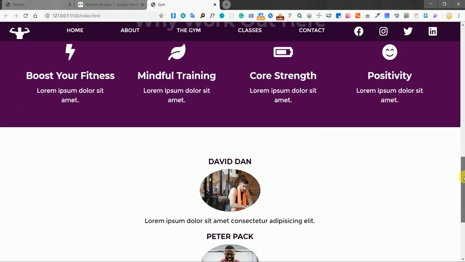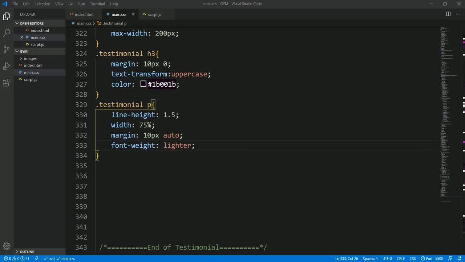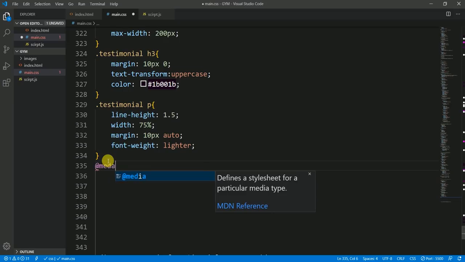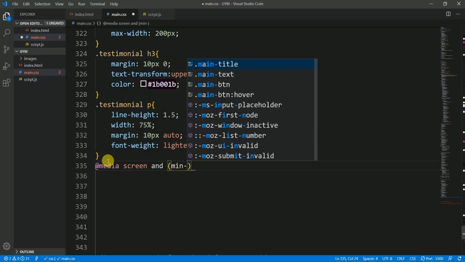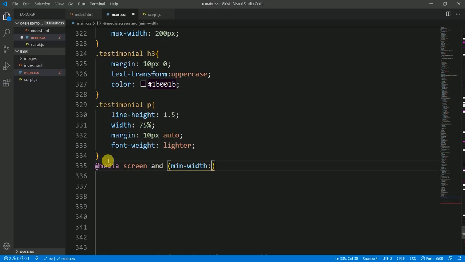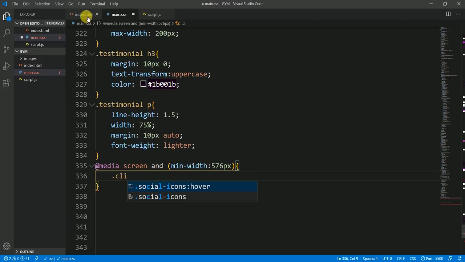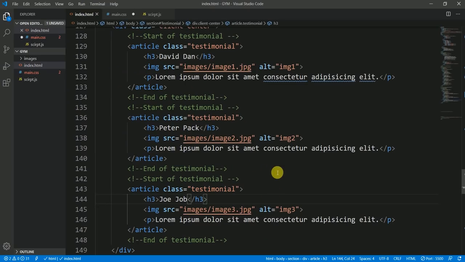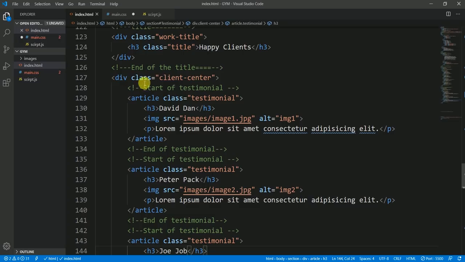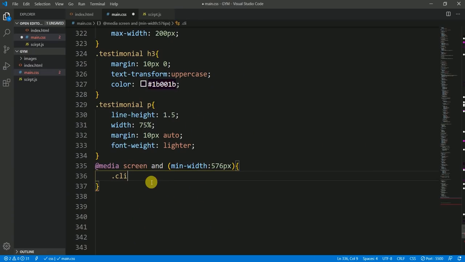Okay, let's make it responsive and let's see how it looks when it is responsive. So add media screen, and minimum width would be 576 pixels. Here I want to see client center. Let me check what I have. If I have a class here, yep, this one, client center. So client center, and this would be